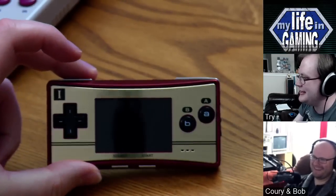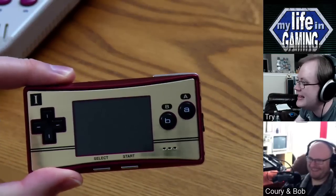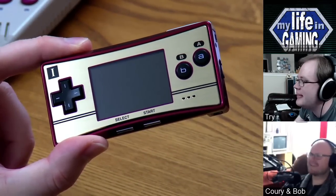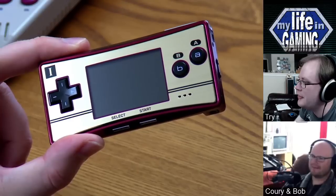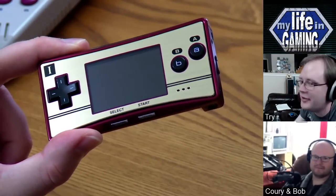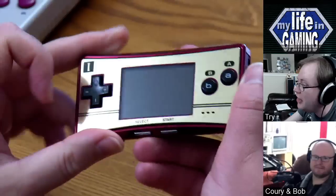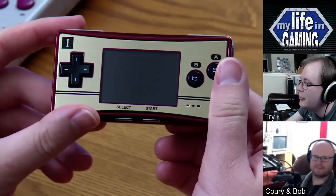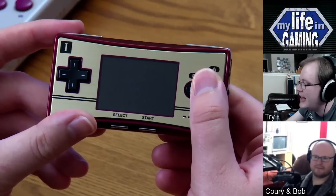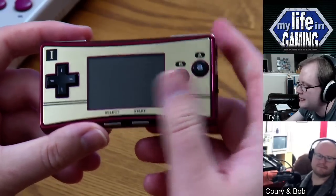So now here's my Micro, which I have hardly used. I bought this back when it was still kind of affordable. I think this particular model is kind of expensive now, but when I saw this, I thought, oh, I want that. I had a model of every other Game Boy. I didn't have a Game Boy Pocket at the time because I had traded it in, but